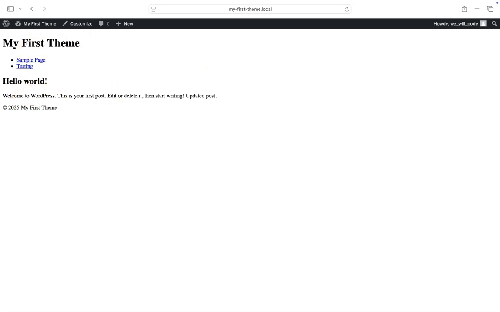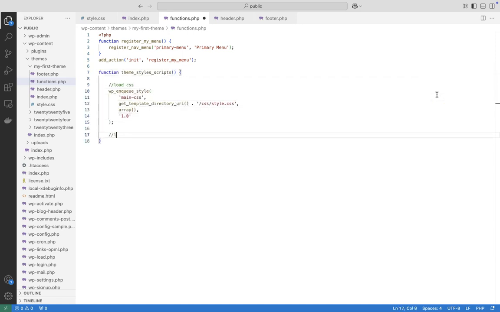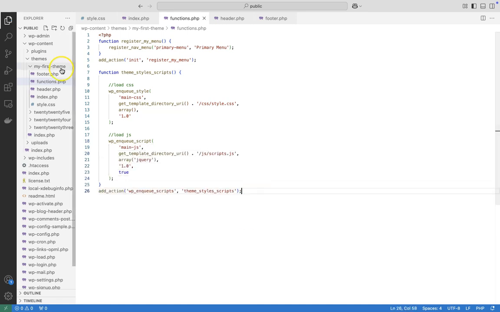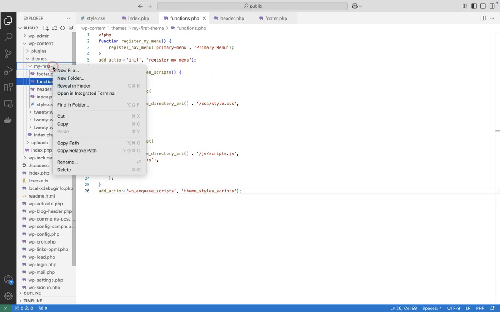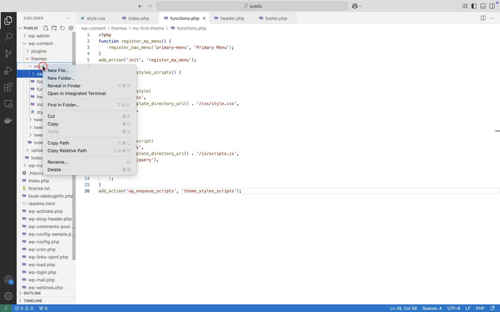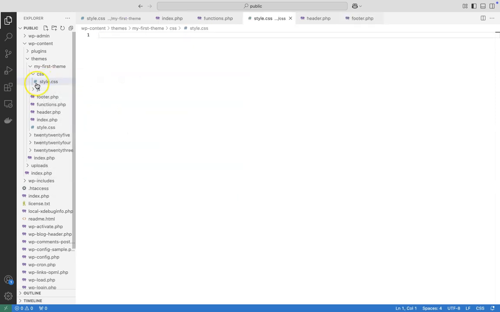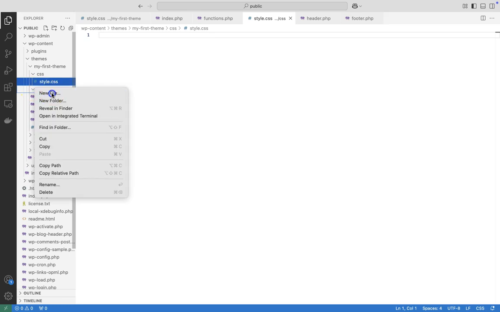Next, we want to enqueue CSS and JavaScript. And let's go back to our functions.php. Let's create our enqueue style and enqueue script. Save this. Now inside of the My First Theme folder, we want to create two folders, a CSS and a JavaScript. New folder. CSS, new folder, JS. In CSS, we're going to create a new file, style.css, and in JavaScript, we're going to create a new file,